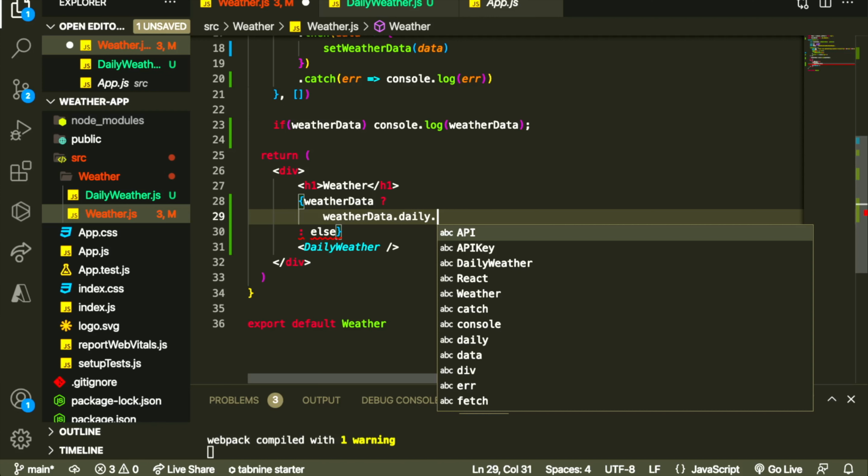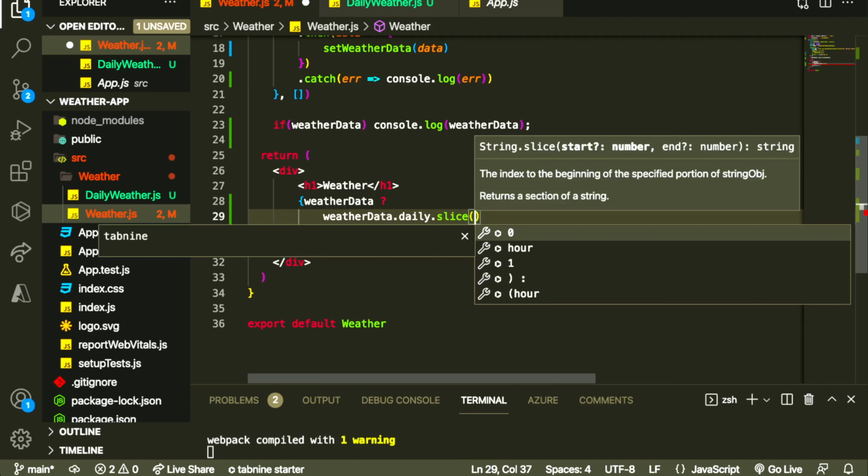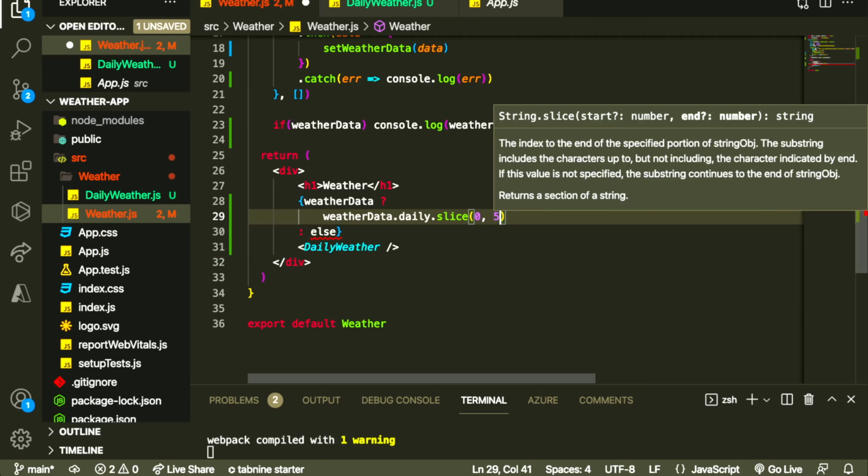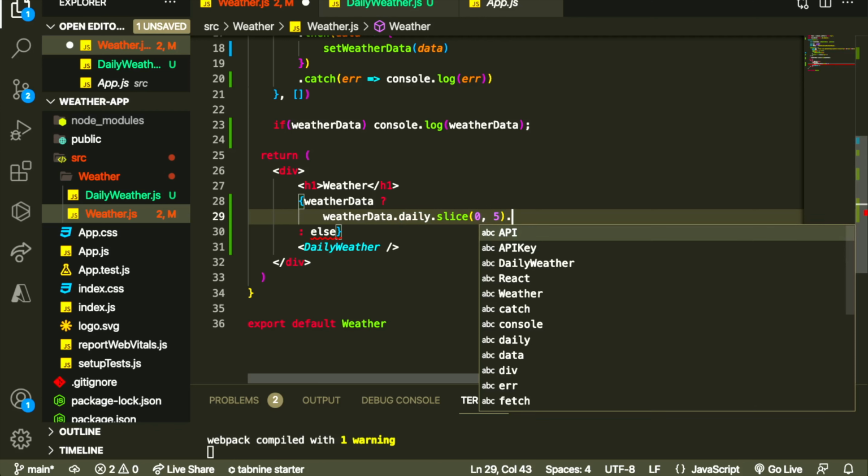So we can do slice just like that, and then 0, comma 5. What this will do is tell it I only want from index 0 to index 5, and that will just grab the first 5. And then we've got to do dot map, and in this dot map we can do day,